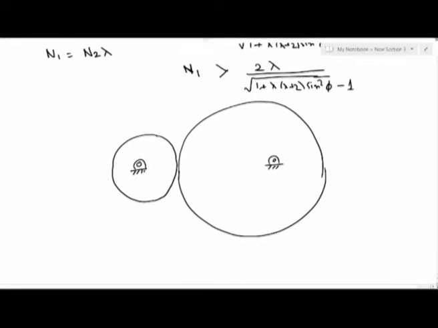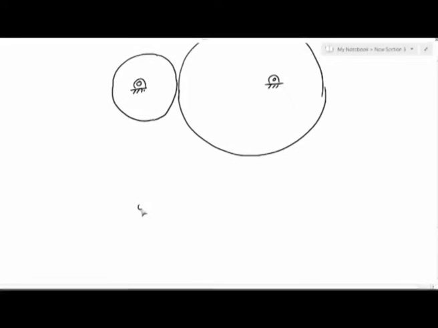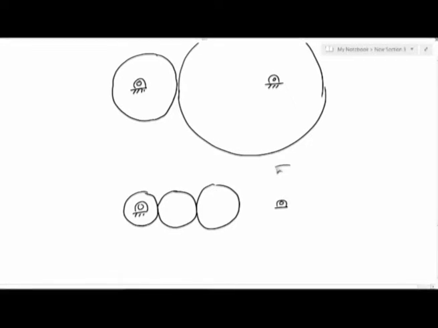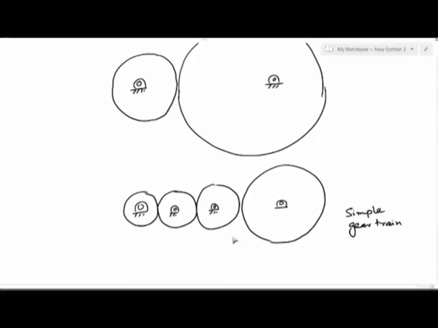of this kind, or for the same distance, we could try to put multiple gears in this form, right? So this will also transmit motion. This is called a simple gear train. As it should be clear from the drawing itself, the added mass, the mass of the gears themselves, will be much lesser in a gear train arrangement as compared to a gear pair for the same shaft distance.